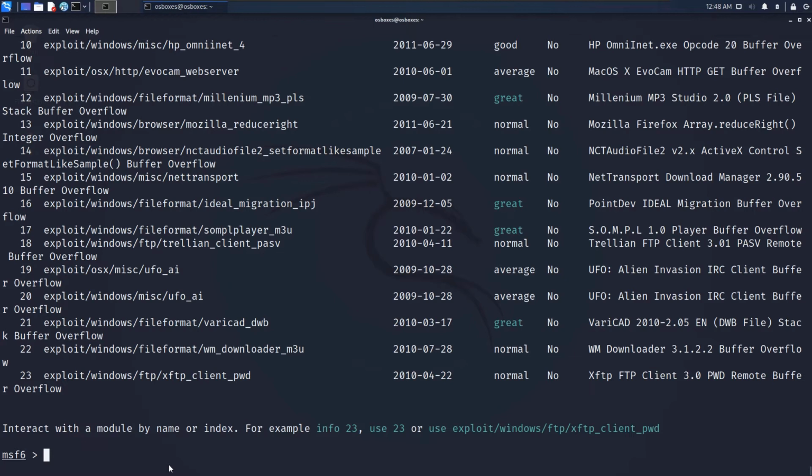And now let us come to the set, unset, and the other options. Now let us go inside the module, and see how to set and unset a particular target and how to exploit. So let us say I want to use a particular module called eternal blue. Everyone knows about the eternal blue, so that's why I'm continuously talking about the eternal blue. So let us say eternal blue,